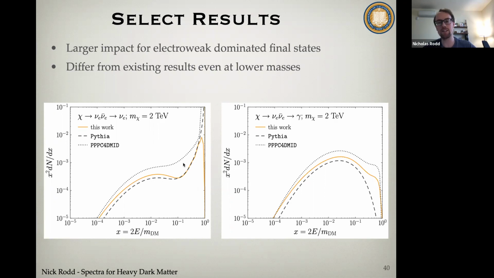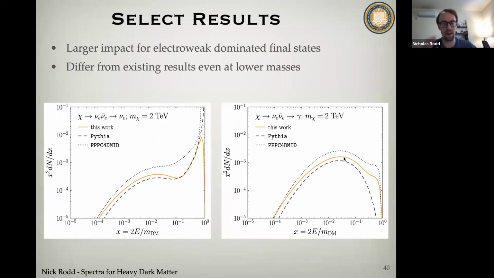You can see that there are a number of differences between these. I think that our results are certainly more accurate than Pythia here because Pythia is missing a number of the important electroweak corrections. But the difference between our results and PPPC is a bit harder to explain. For example, just to draw your attention to the fact that we have hard photons, but Pythia doesn't, is coming from the fact that our Ws can emit photons, whereas Pythia's can't.